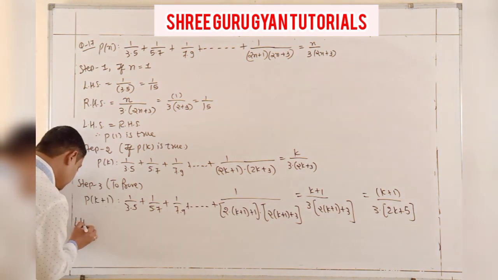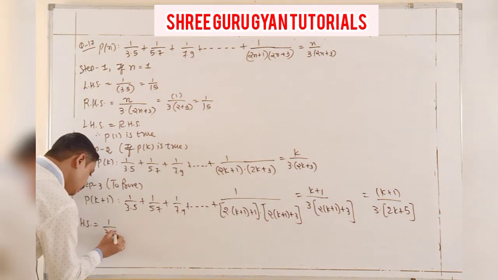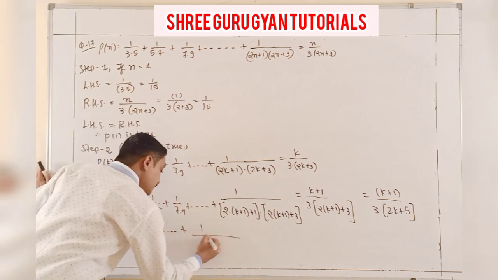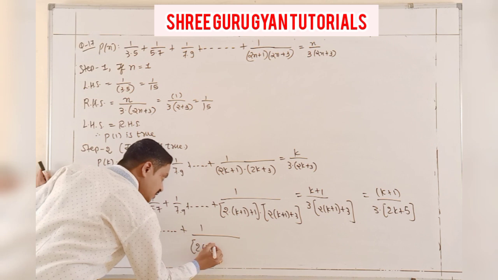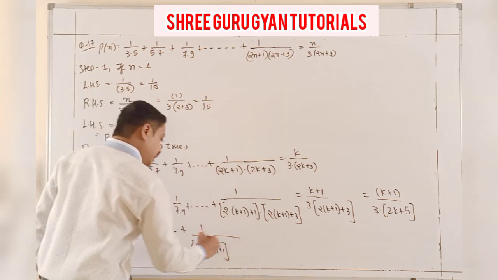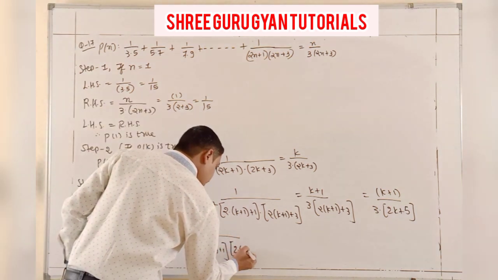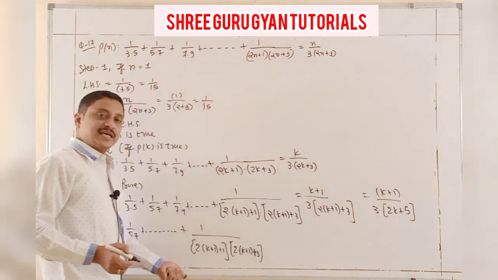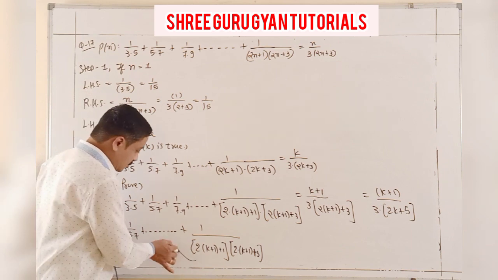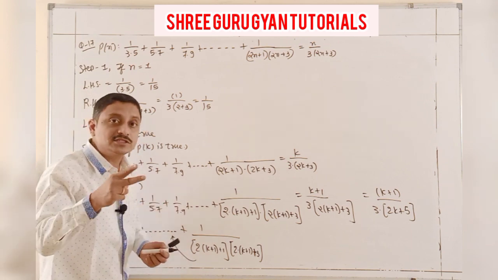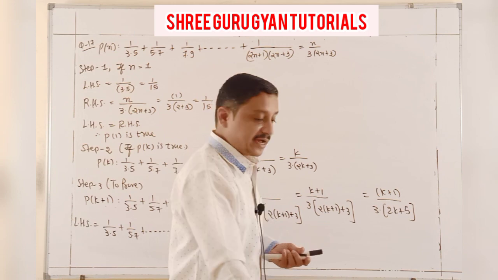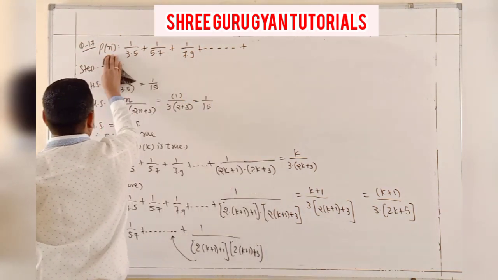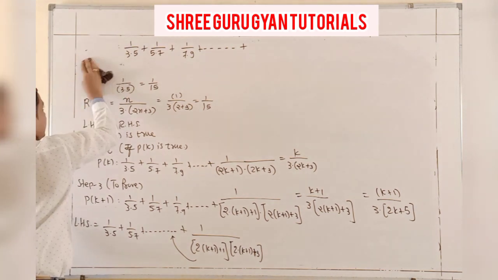Yes students, what's the LHS? The same as I print down there. 2 with the K plus 1 plus 1 and 2 with the K plus 1 plus 3, and this LHS value I just write down as one back term. Yes students, this back term you easily understood, and that is your main step, and after that utilize your